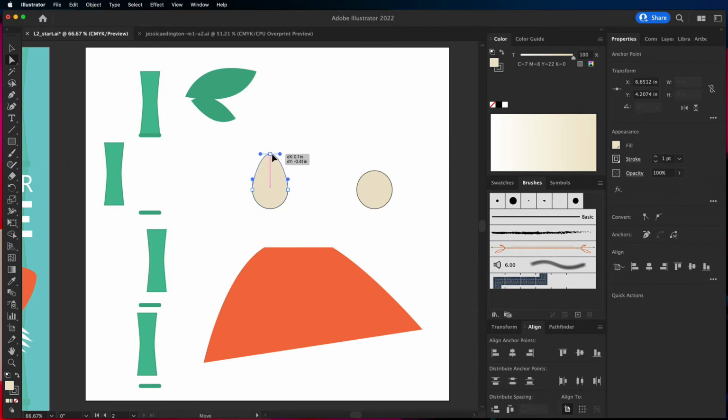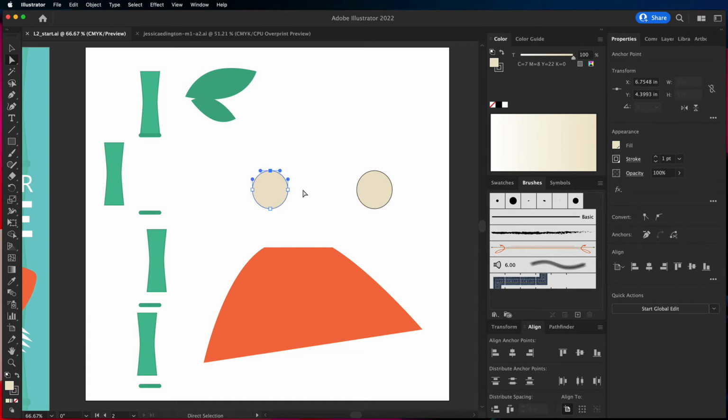So I can get like an egg shape going here. I can get a smile, clown smile going here. And I can adjust this in many different ways. I can also grab what are called handles and adjust the curve coming off of this. So I can create like a face shape. So that's the power of the direct selection tool, is that you can actually select parts of an object and adjust them independently. So I'm going to go ahead and undo that so we can go back to the original,